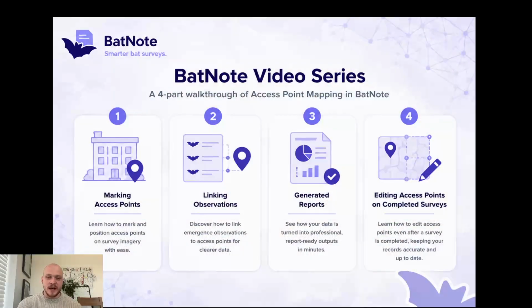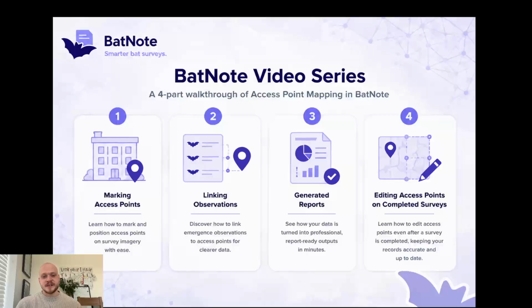Hi, welcome back to part two of access point mapping in BatNote. What we covered in the previous section was marking access points directly onto survey imagery and also then giving each access point a roost feature. So now what we're going to do in this part is start the survey and start creating bat observations that have been marked as emergence and then link those observations directly to the access points that have been marked up